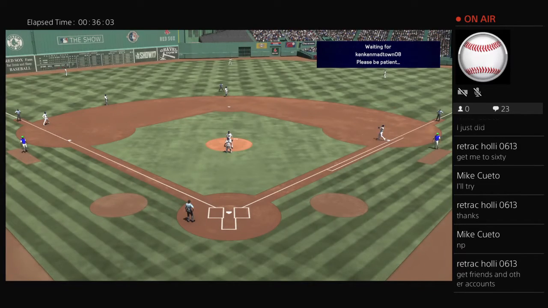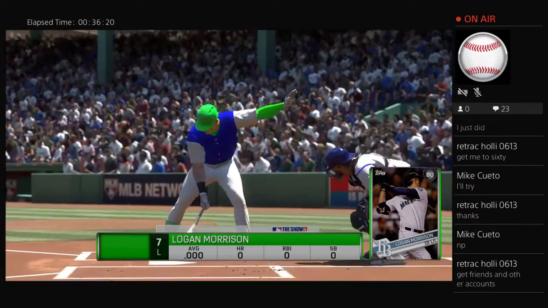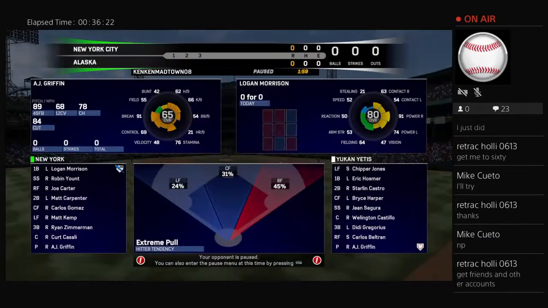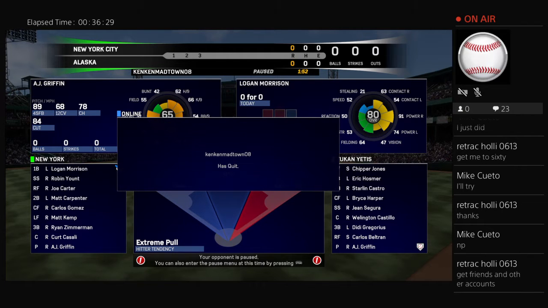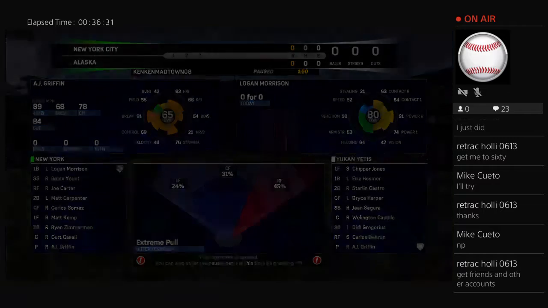From the oldest park in baseball, MLB The Show comes your way from Fenway Park in Boston. Today it'll be 3-inning Battle Royale baseball between New York City and Alaska. The Yetis will play to stay alive. Next, digging in, Logan Morrison. And we are ready for some